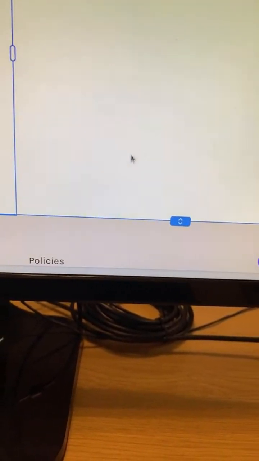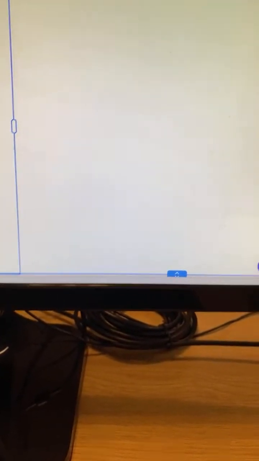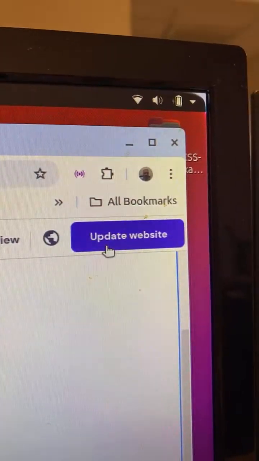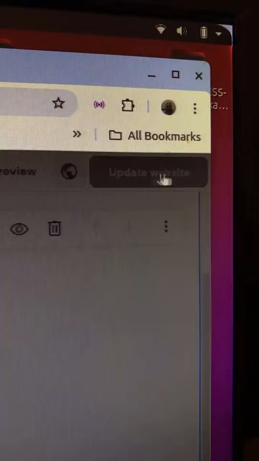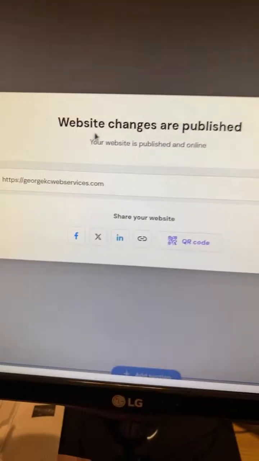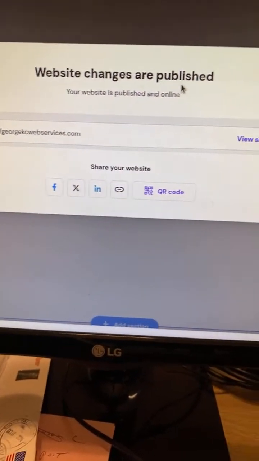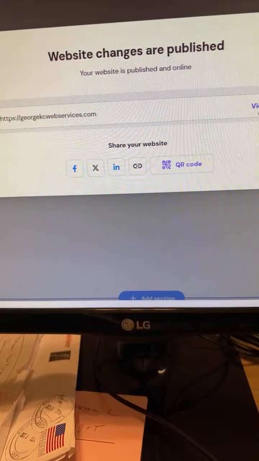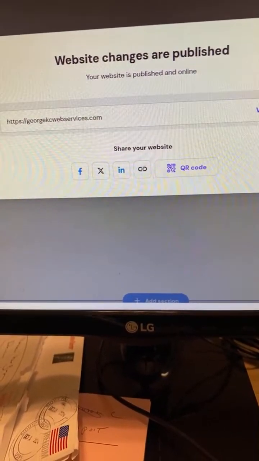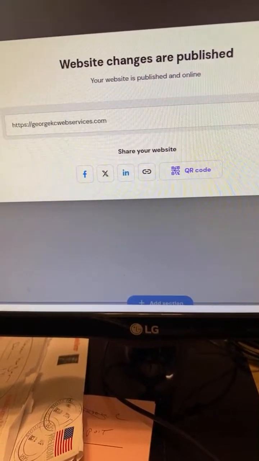Embed, and then once I update the site. You have to update the website, and you should be able to see it here. It says website changes are published. So it's published now. And what I'm gonna do, it says view site. So view site. So if I click on this one here,